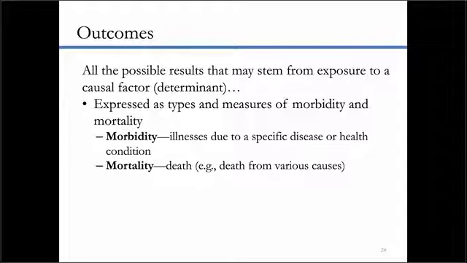And higher rates of physical activity lead to lower rates of chronic diseases, with those chronic diseases being the outcomes and physical activity being the exposure or the determinant. And outcomes can be defined in two ways: morbidity and mortality. Morbidity means illness due to specific disease or health condition, so that's just sickness essentially. And mortality is death. And so death can be from any cause, and we'll talk about different causes of death